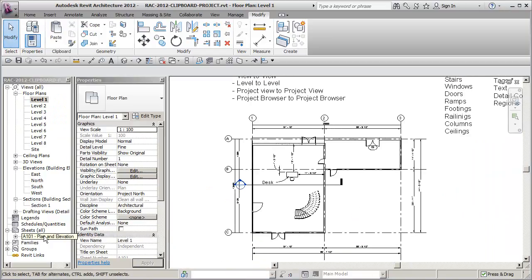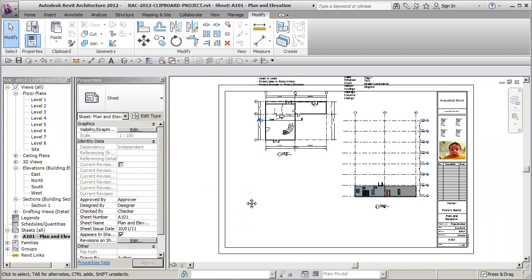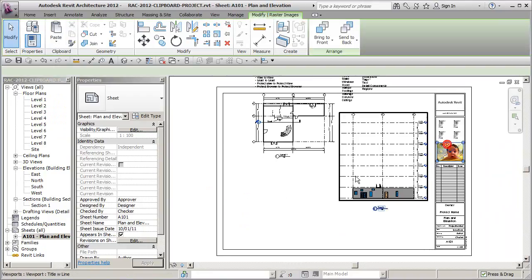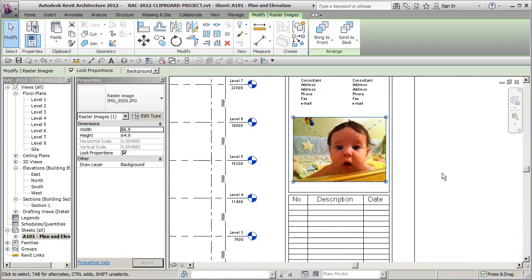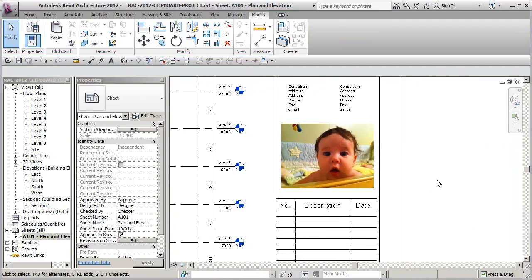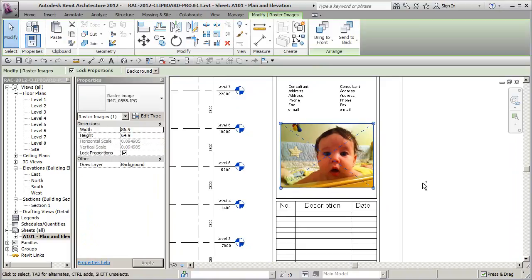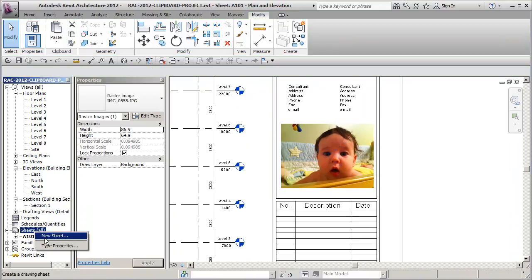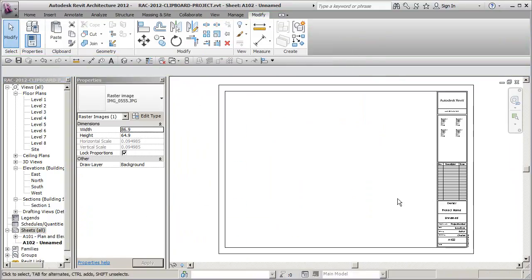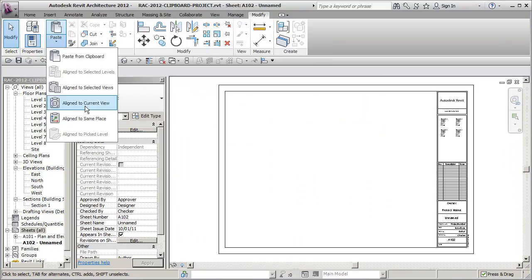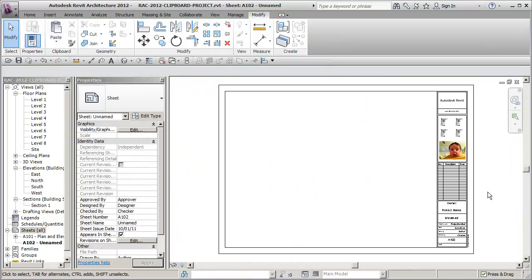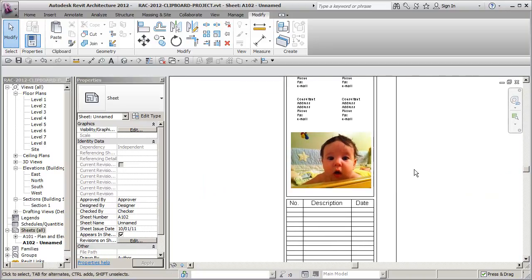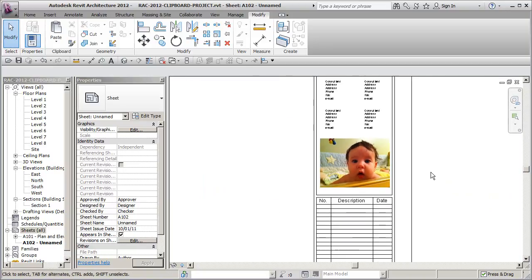You could also do the same thing with a sheet view over here. Okay, you can say go like this, take this, maybe this is a logo, or you've got some sort of symbology or an object or an image on here. You pick on this guy, you go Control C, and then you could, if you had more sheets, create a new sheet. Okay, and then you can go up here and say paste align to current view, boom, pops it in there. So you can also paste align to current view from a sheet to a sheet with an image object as well. So there's the lily pad,